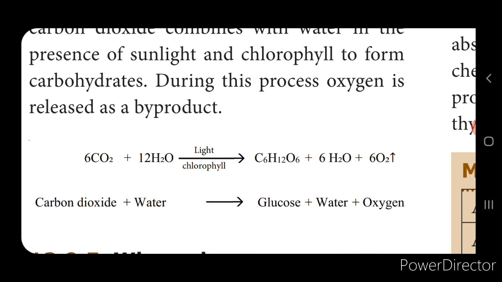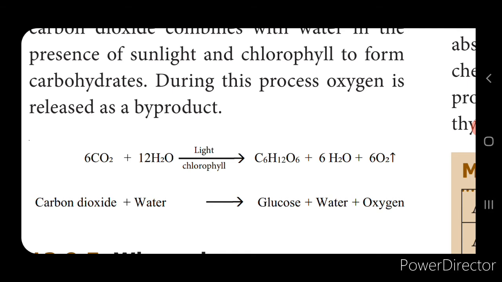In the autotrophic organisms, what are autotrophic organisms? Green plants and algae, which consist of chlorophyll. So they prepare the food using the chlorophyll. Now this converts the sunlight to synthesize their own food. Now in this process the carbon dioxide combines with water in presence of sunlight and chlorophyll, which is the essential component, to form the carbohydrate, which is the food.